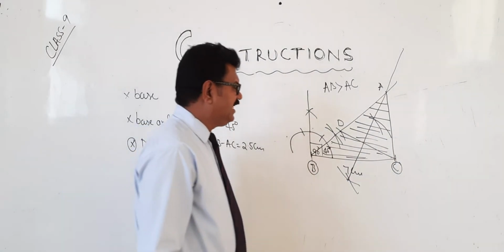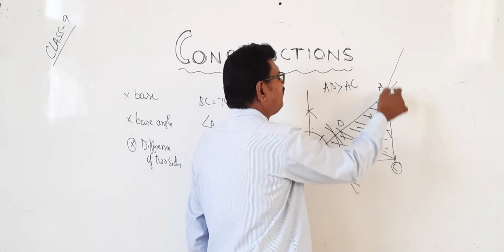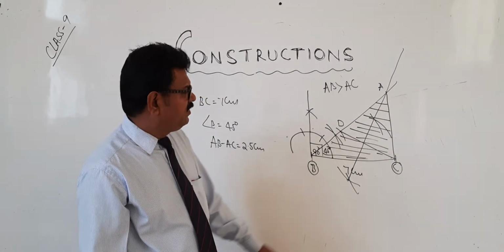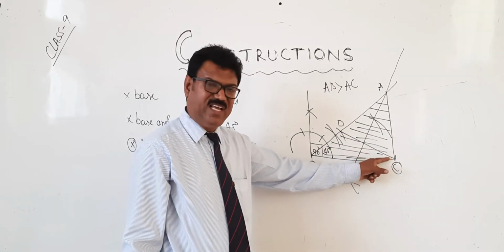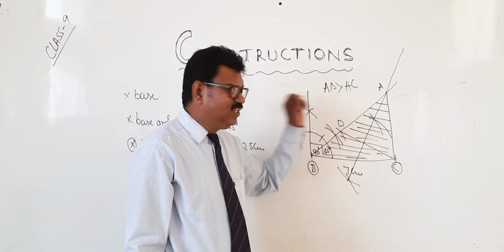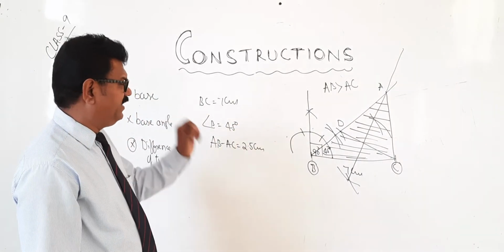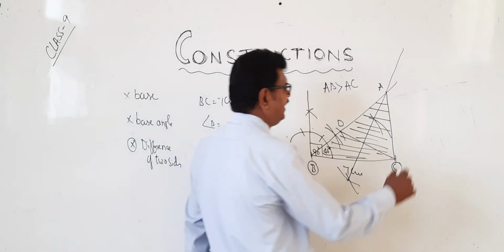When the sum is given, we have drawn the perpendicular bisector for this line. When the difference is given, we should draw the bisector for this line. Understood? Which is the new line? For that line we have to draw the perpendicular bisector. Okay? Yes. For example, a question arises.